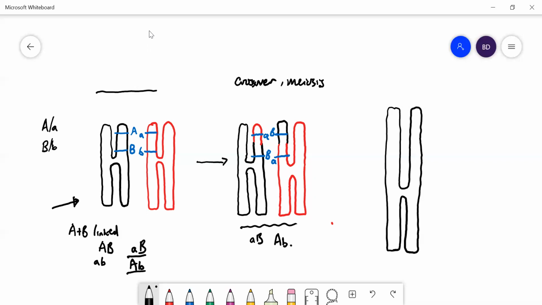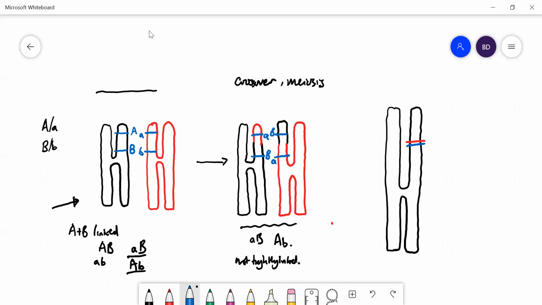Okay, so because those genes are quite a long way apart on the chromosome, we say that they're not tightly linked. Okay, let's imagine if you had 2 genes, like a red gene there and a blue gene on this chromosome. They're very close together, and so they would be very tightly linked. Okay, you would nearly always get them